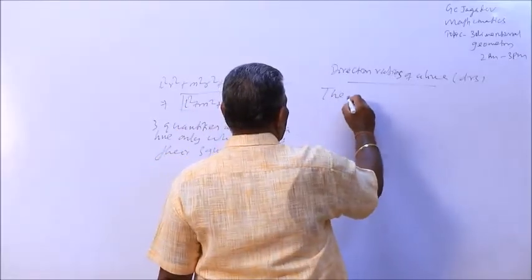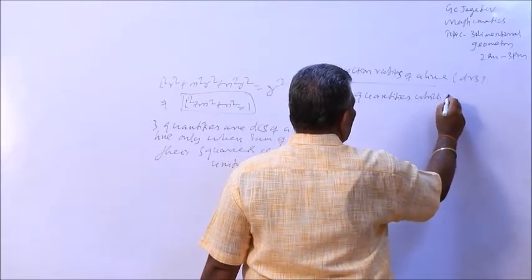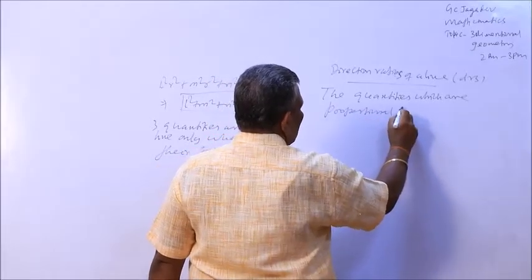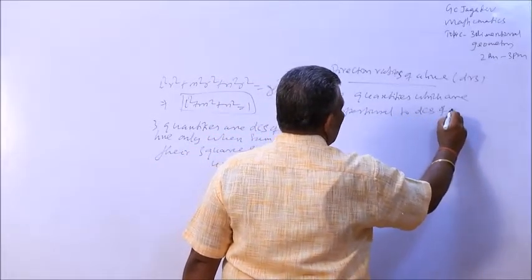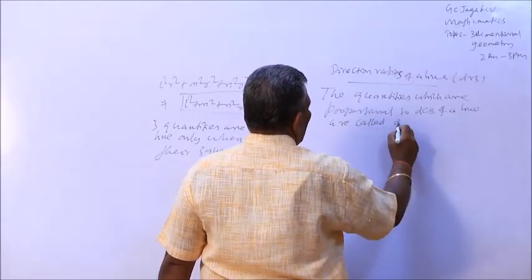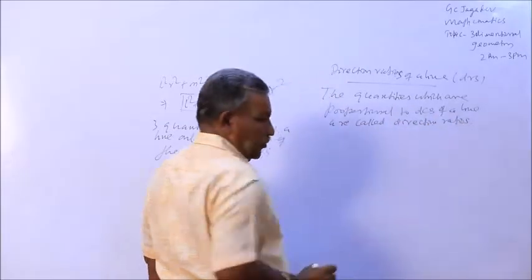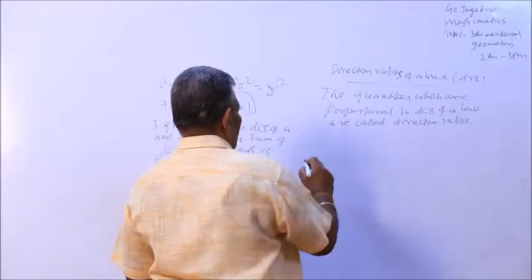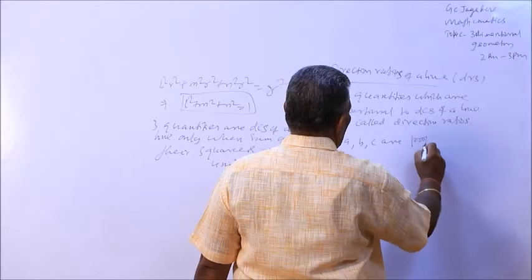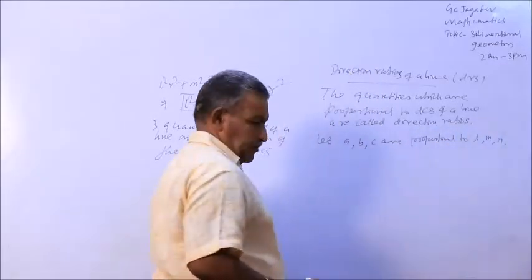The quantities which are proportional to DCs of a line are called direction ratios. Suppose A, B, C are proportional to L, M, N. That implies